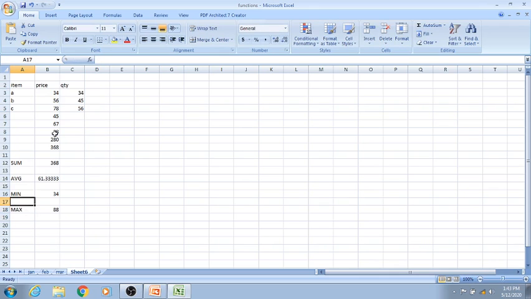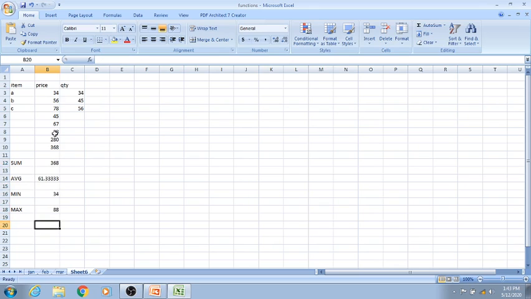Okay, I have just written a label over here. I'm not using the equal to sign, so don't think this is the name of the function. This is just to refer to what is written over here. And if you have to use the functions or the formula, I told you that the equal to sign is a must. If you do not put the equal to sign, the calculation will not be done.